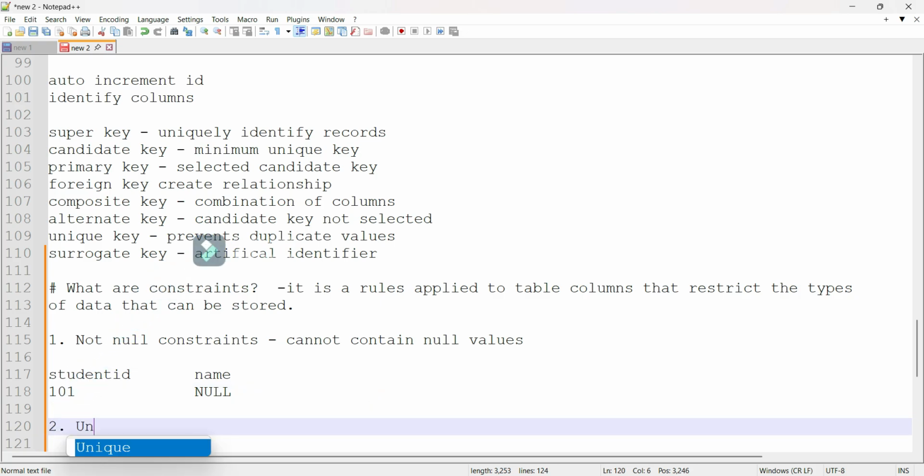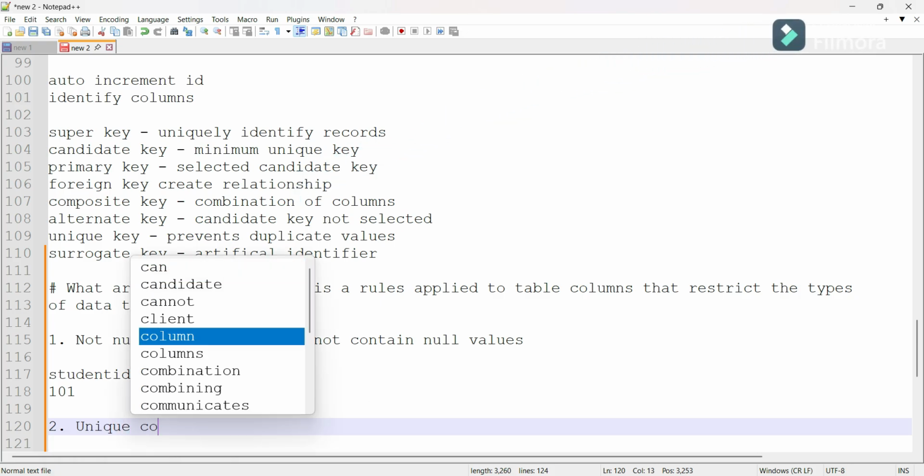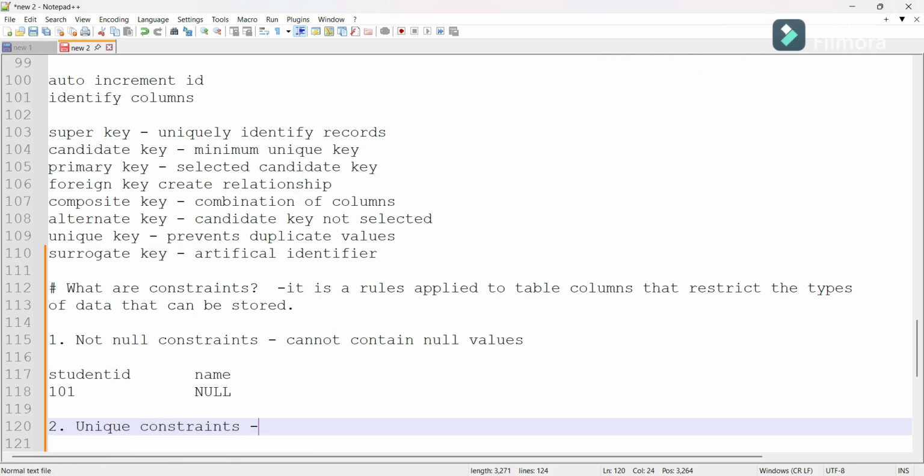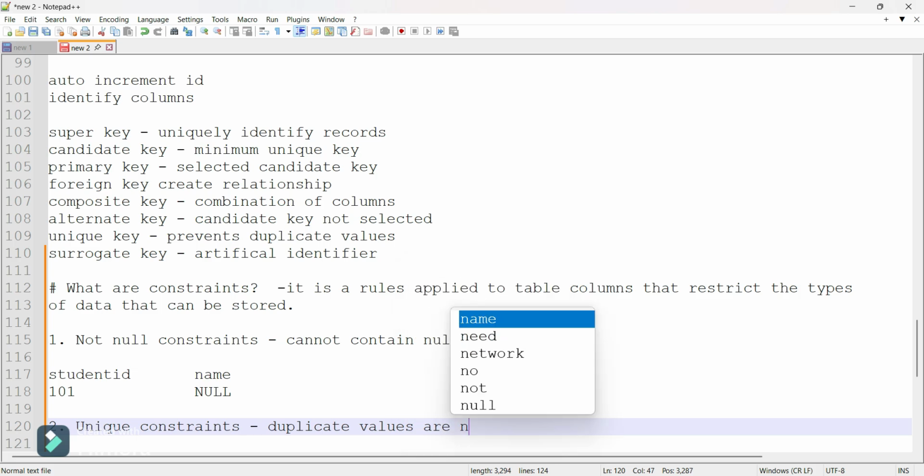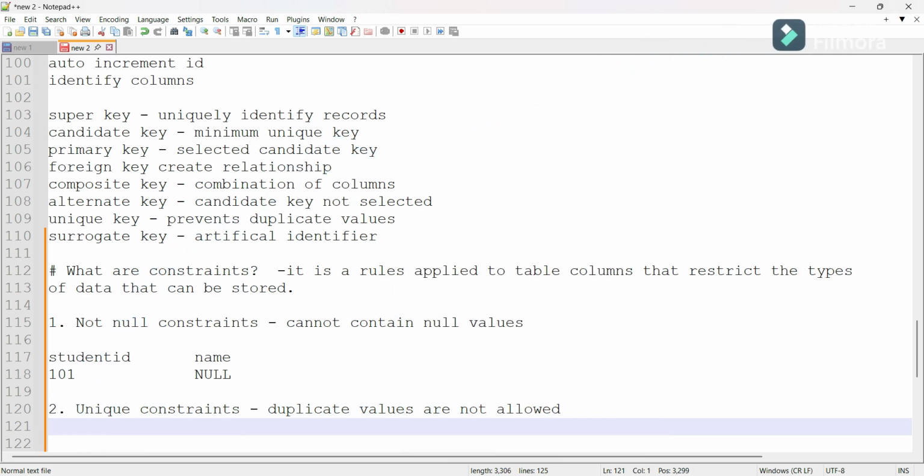The second constraint is the UNIQUE constraint. Basically, the unique constraint ensures that duplicate values are not allowed. For example, let's say we have email ID. Two users cannot register with the same email ID.